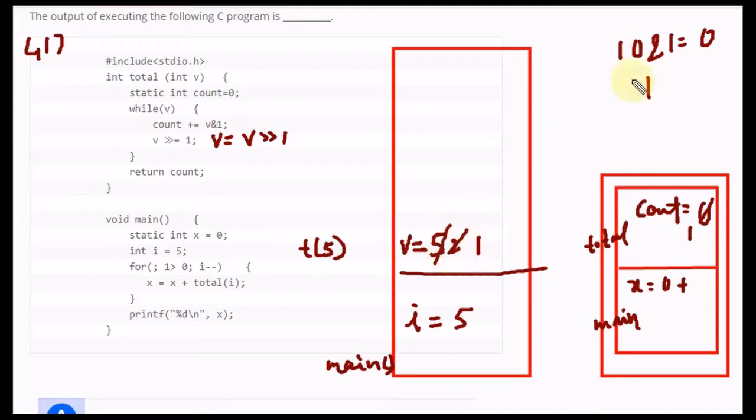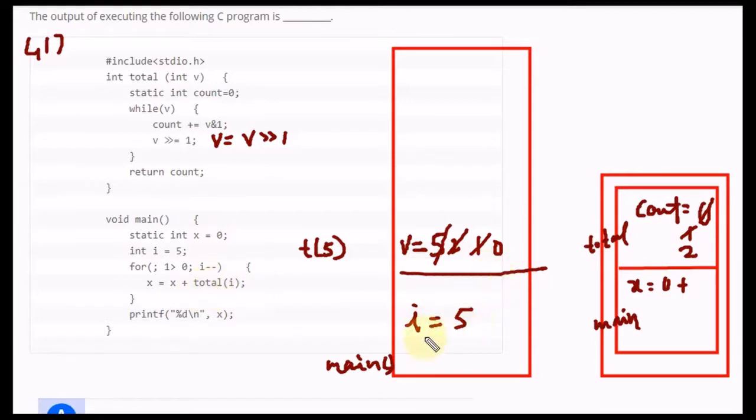Again v is 1, so this condition is true and we update the value: 1 bitwise AND 1 is 1 again, so count is updated to 2, and after the right shift v will be 0. Now this condition is false, so this count will be returned.